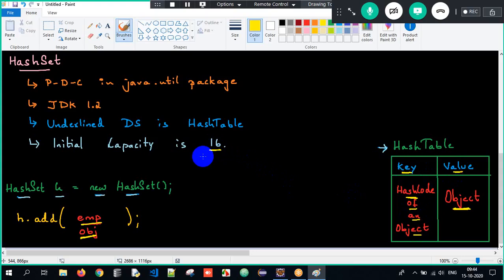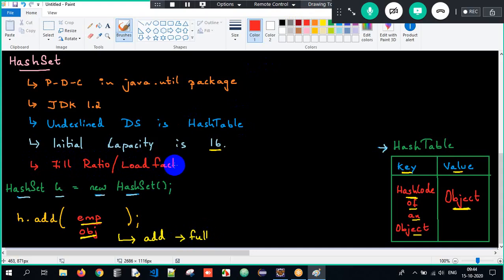Okay, your hash table is full, but still you try to add an object. Once the hash set is full, what should happen? A new hash set should get created, correct? So therefore, we have the concept of fill ratio or load factor of a hash set, which is nothing but